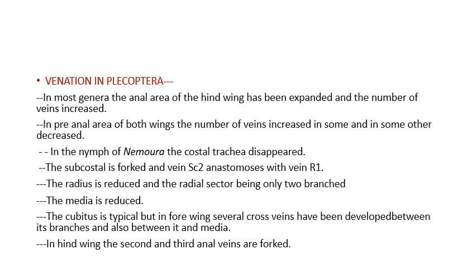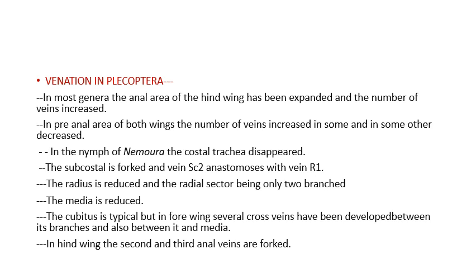The radius is reduced, and the radial sector being only two-branched, the media is reduced. The cubitus is typical, but in the forewing several cross veins have developed between its branches and also between it and media. In the hindwing, the second and third anal veins are forked. So especially in the order Plecoptera, or stonefly,